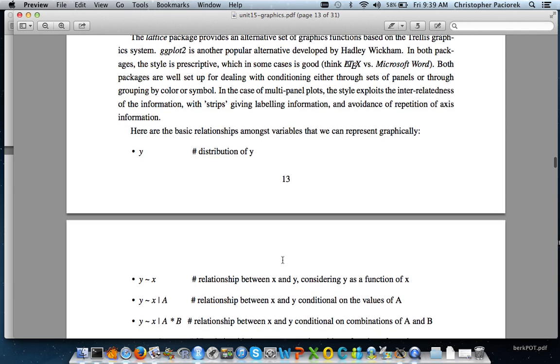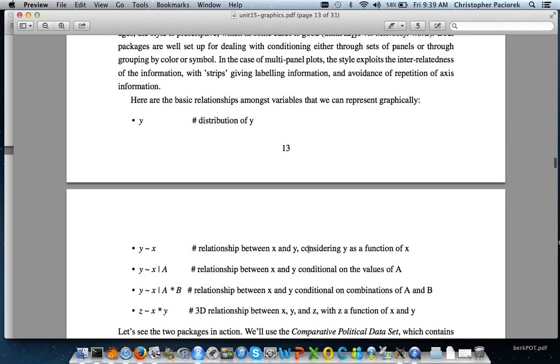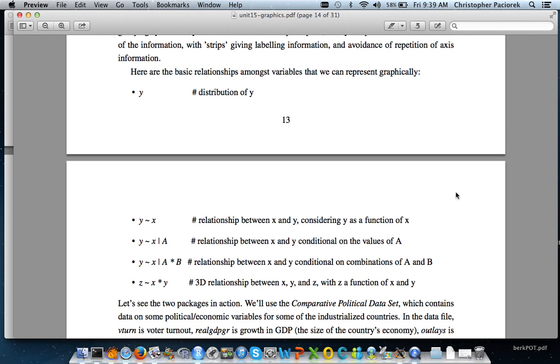So both of these are quite nice for making pretty nice looking graphics without having to do a lot of monkeying with setting of sizes and dimensions of aspects of the plot. So one of the main things to think about in terms of making graphics in either the Lattice or the Ggplot2 context is the basic motifs, the kinds of relationships that we can represent with